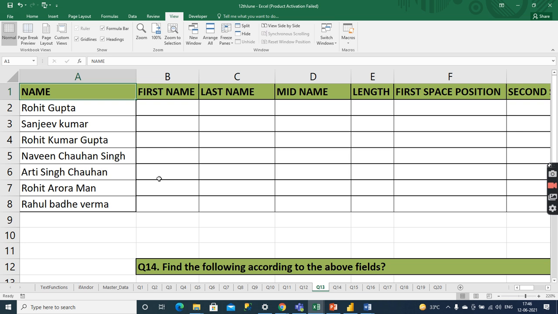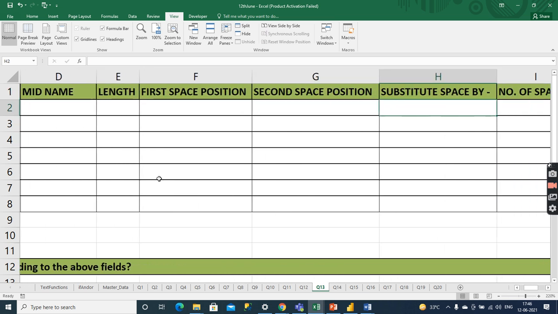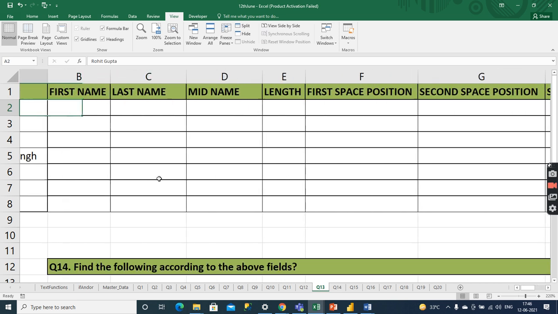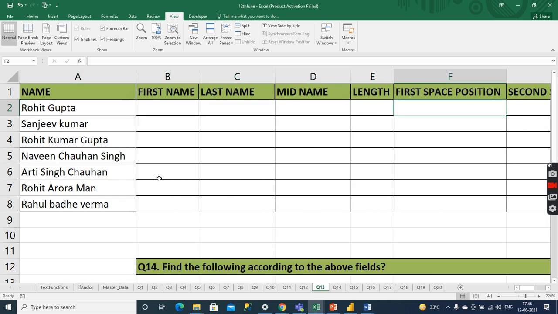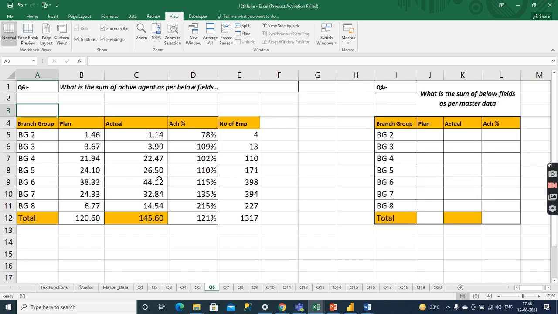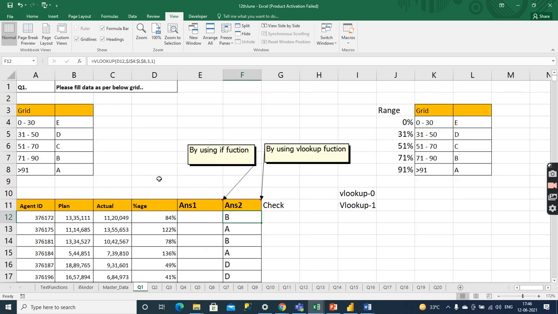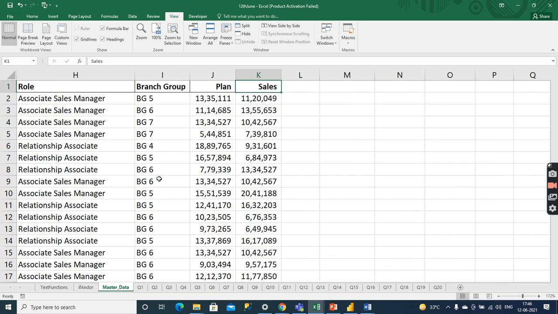Now you have to apply the formulas, first name, last name, mid name, length, whatever we learned, right? Everyone has to practice today on the mixed test that I shared with you, and I am also going to share the video recording and this file where I have applied all of today's formulas. You have to practice all the things, if with VLOOKUP, if with AND, if with OR.